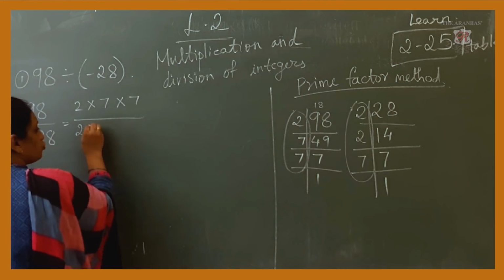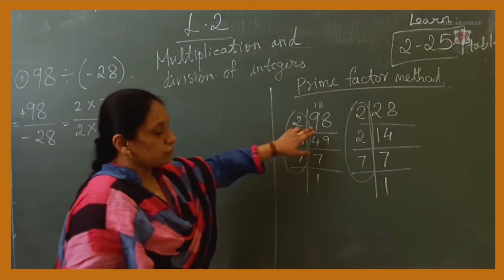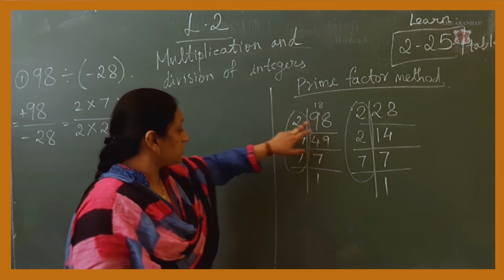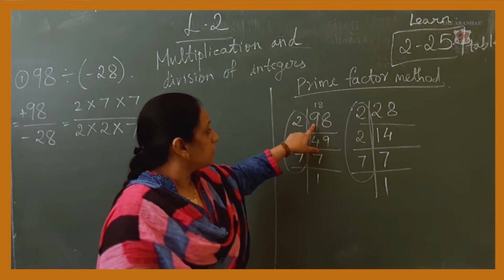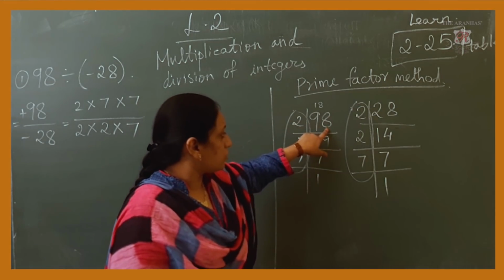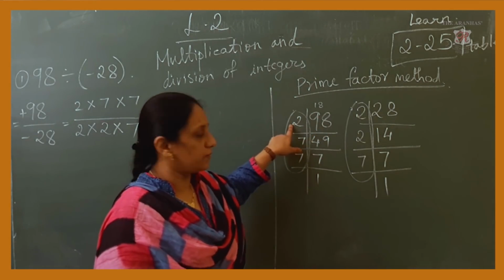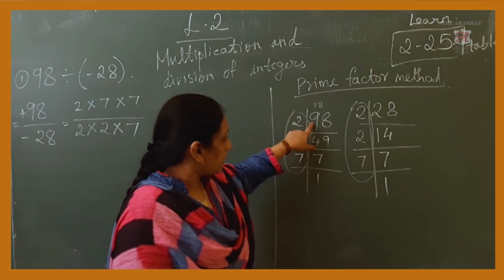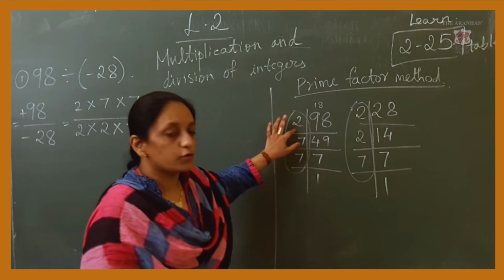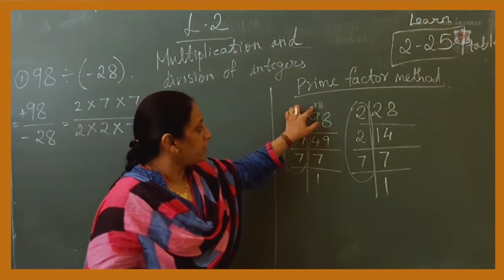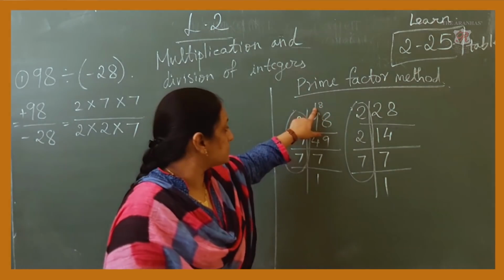So what are the factors? 2 into 7. How did I do this? Everyone must have understood. I have written the number 98, then I started with the 2 table. Yes, 98 comes in the 2 table because the last number is 8, which comes in the 2 table. I start with the first number 9. 9 is my first number, so I do 2 4s are 8. 1 is remaining and here 8 goes up. So the number becomes 18.